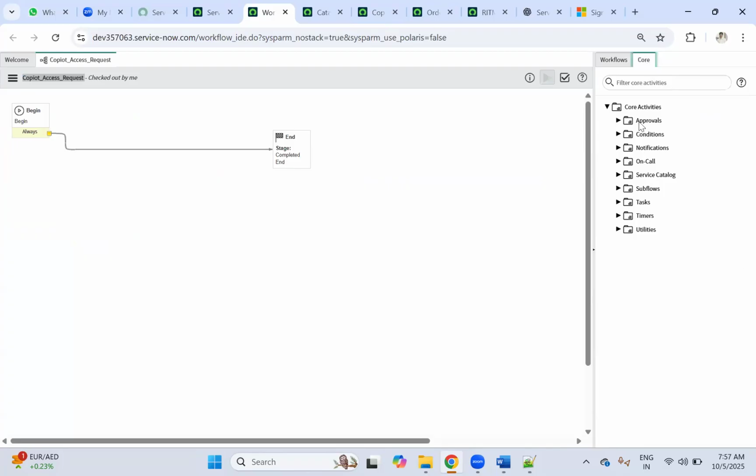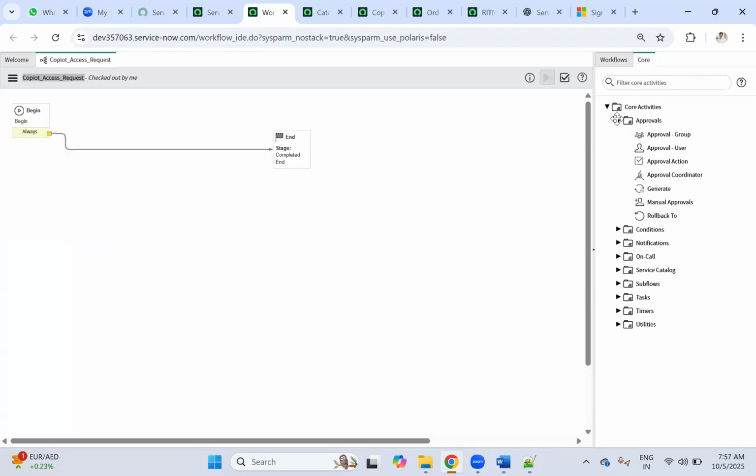Then you have a core, where you have options, approval. If you see here, the first one is approval. If you want to ask about approval group, normally what we will do is we will create one approval group. Suppose you are using an approval user itself, if the user went on leave, how would we be able to manage? He went on leave, he cannot approve, so he would not be able to approve it, correct? So for that, all organizations, all the companies will follow